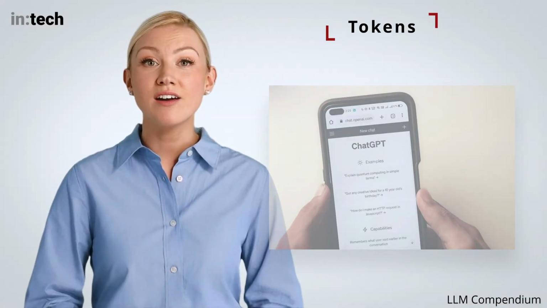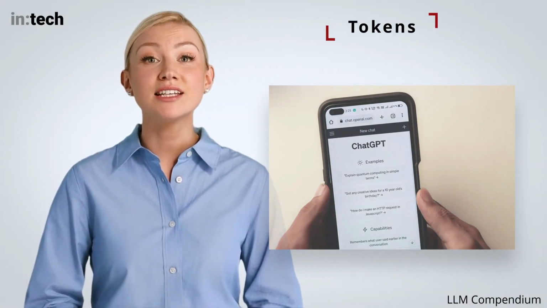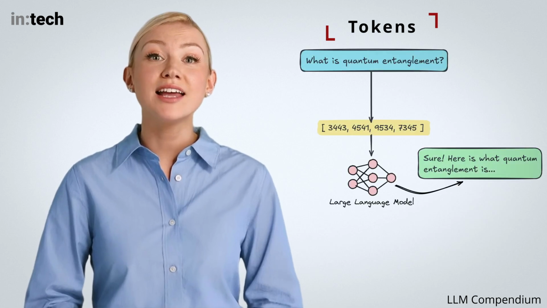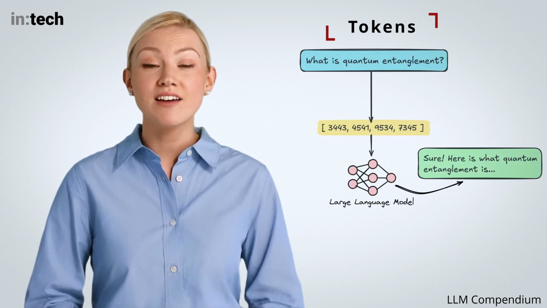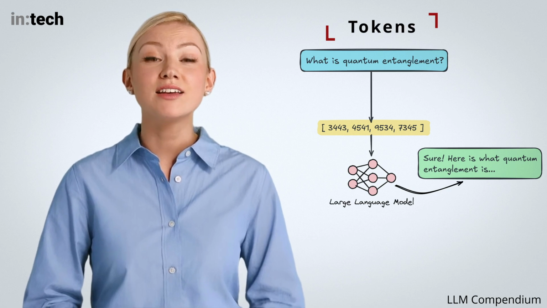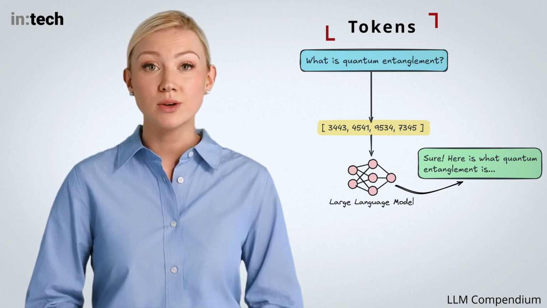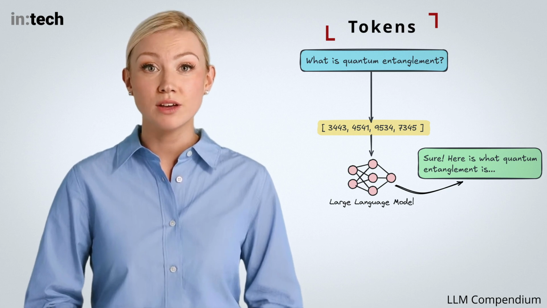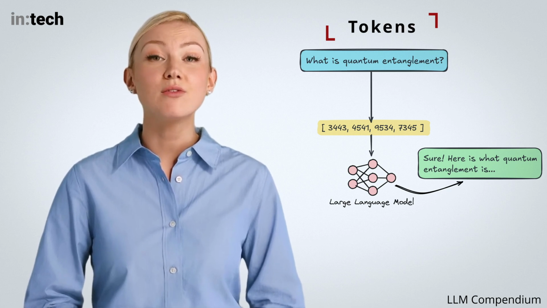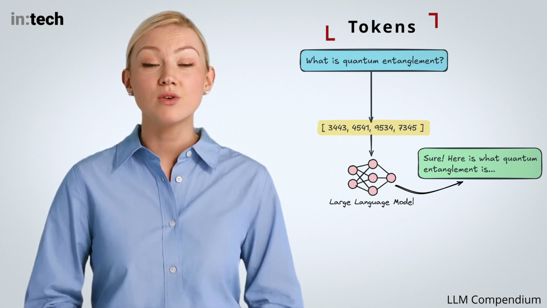Language models require that human language be converted into numbers before the model is actually able to process this information and generate its response. After all, this is the only thing that computers can process: numbers. In the context of machine learning and language models, we refer to this numerical form of text as vectors or